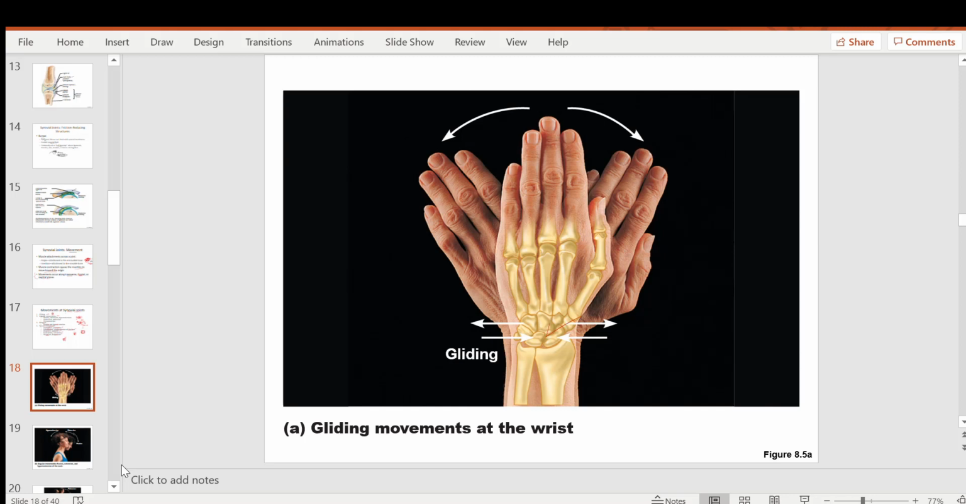Here these are the carpal bones. So you see the short carpal bones are attached to each other. When you move your hand, the flat surfaces of the carpal bones move. Okay, so that is called gliding movement. Then another type of movement